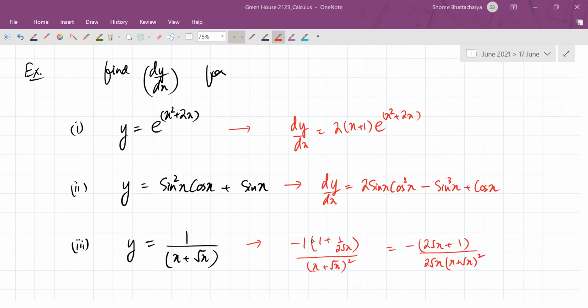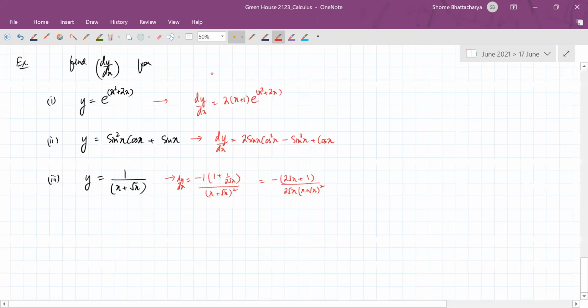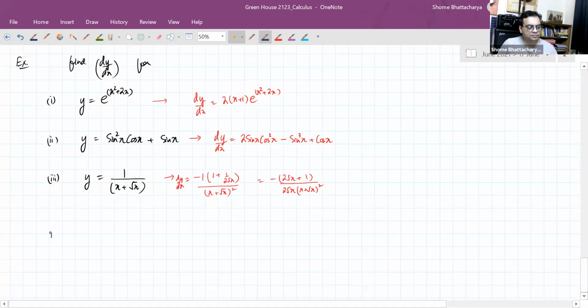Yes, so it can be simplified a little bit more, but basically we can leave the answer this way. Sure. Okay, so let's discuss each of these. By far the first one is the simplest, because the first one is like this. You can think of it as f of g of x, where f is the exponential function and g is